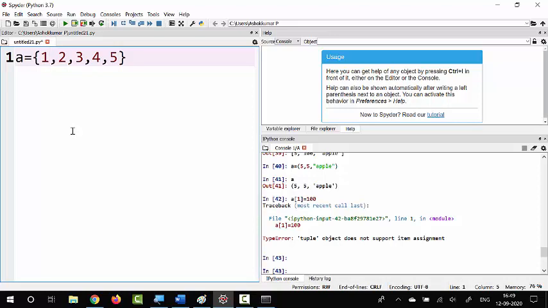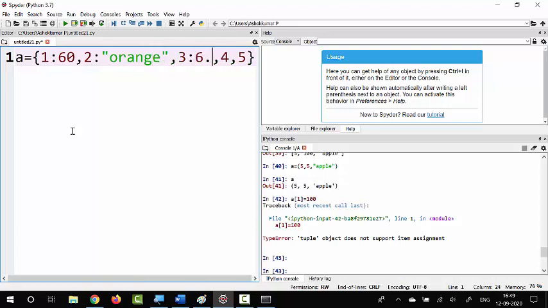How to give a value is, after the key we have to include a colon and you can give some value for this. Okay, so let me create 3 keys as of now. So the keys are 1, 2 and 3.